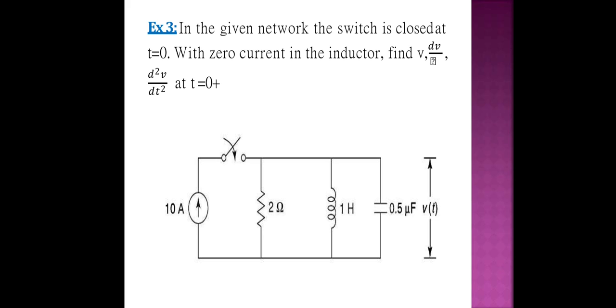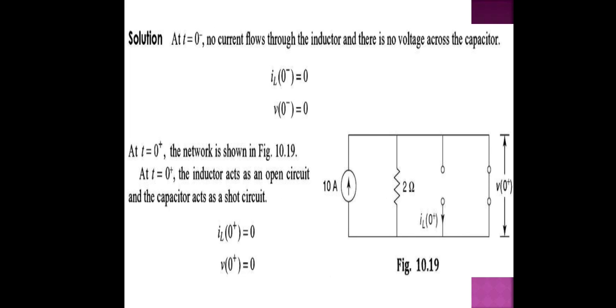So we just have to analyze whatever we discussed about the equivalent circuits with the time variations, like 0 minus, 0 plus and t equal to infinity. These conditions we have to remember, and we have to apply those equivalent circuits in the time variations with respect to that. So this is the solution for the given problem.